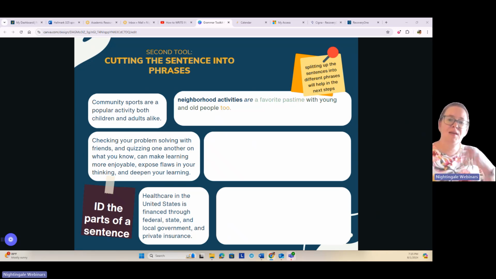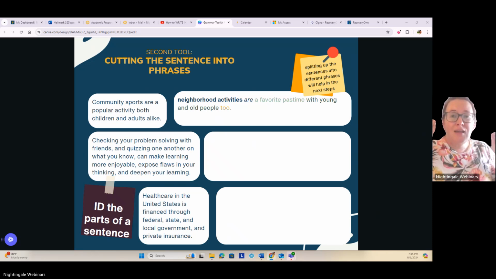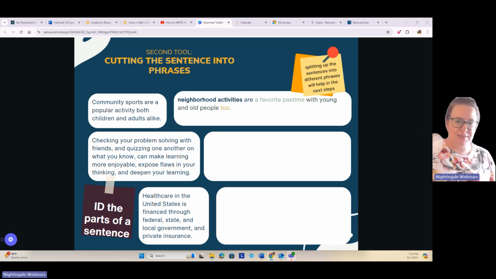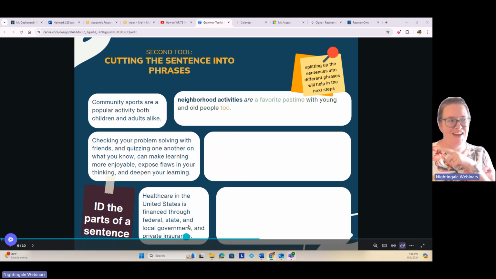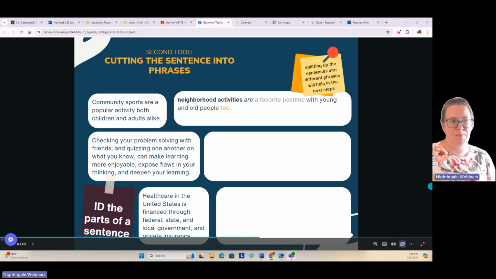Okay. Identifying what the parts of the sentence are is important as we move into the next steps, because we want to be able to keep those parts together, but as we move them around, we will work on them more. Come to the writing center and I'll do the other two with you.